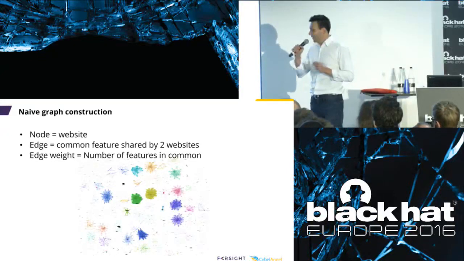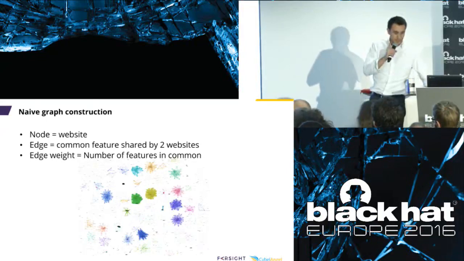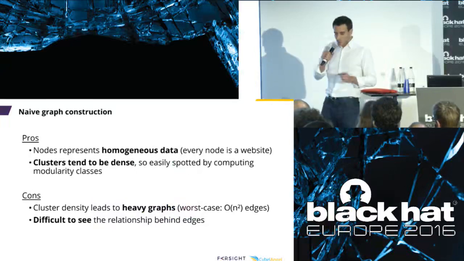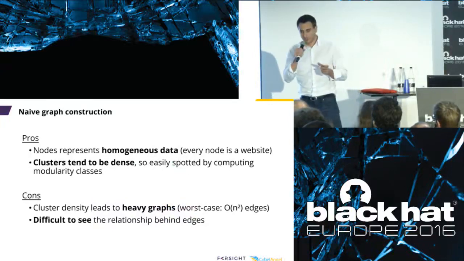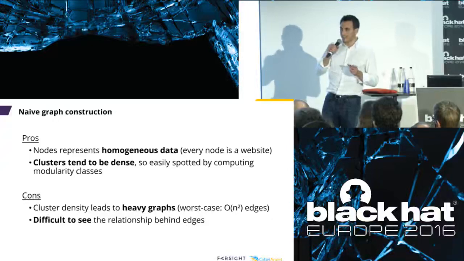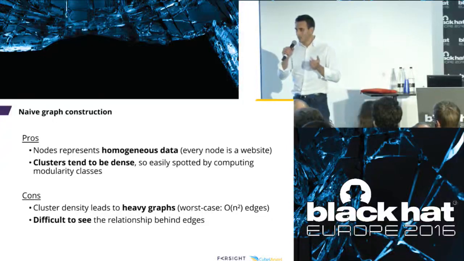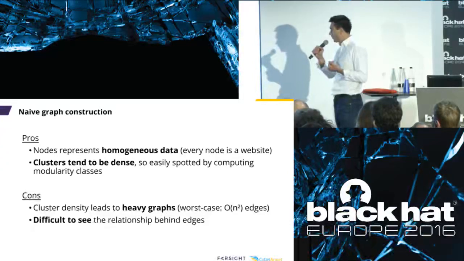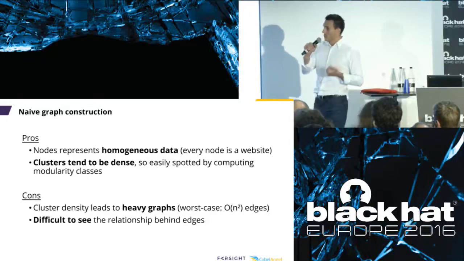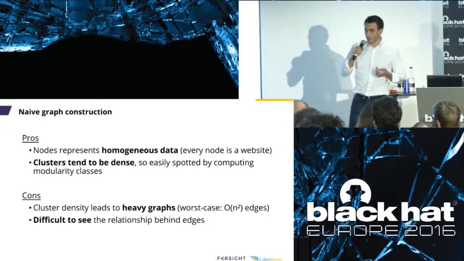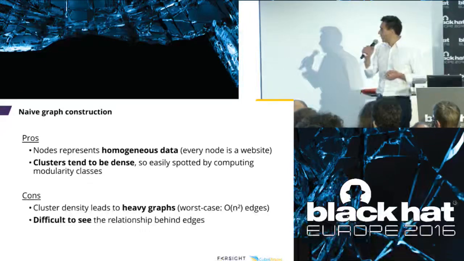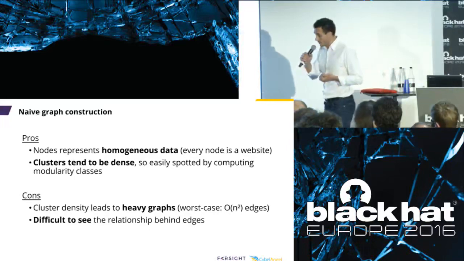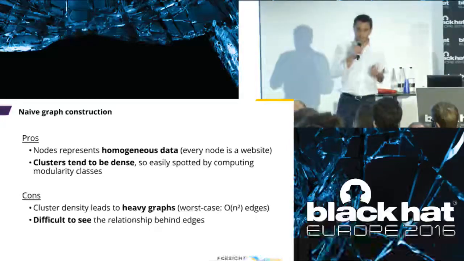But there are some big problems. The problems are that it's difficult to see what is the relationship between two nodes, so between two websites. Do they share an email or a phone number or an analytics ID? You just have an edge. You don't exactly know, just by looking at it, what they share together. And the main problem was that the number of edges grows with the square of the number of nodes if they share more than one feature together. So sometimes we ended up with billions of edges, which was too much for Gephi to handle. So we looked for another way to represent the data.